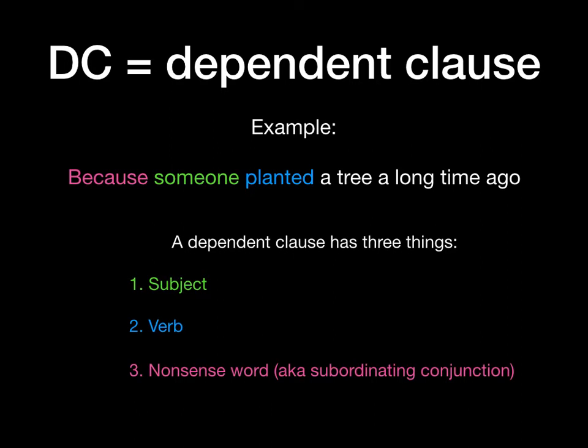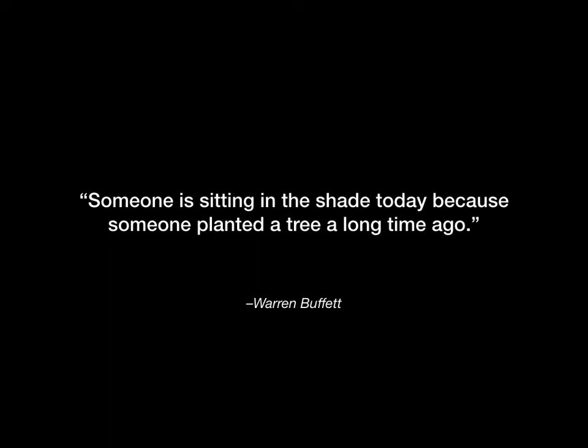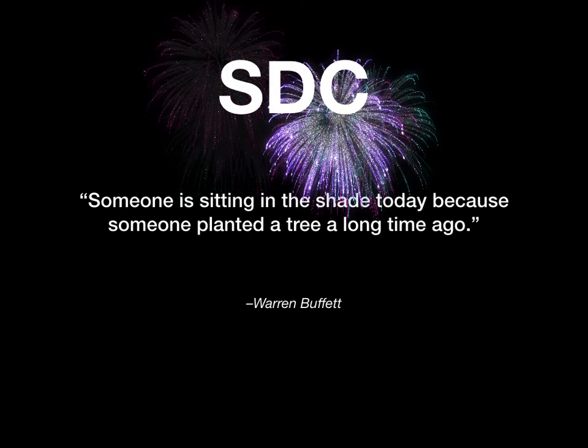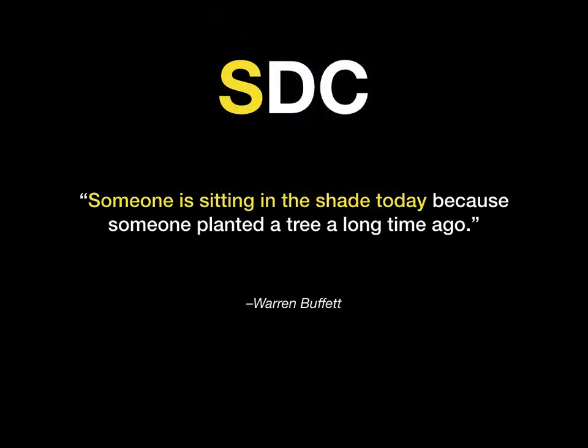Let me put this in an entire sentence for you and make it make a little bit more sense. Warren Buffett once said, someone is sitting in the shade today because someone planted a tree long ago. This, my friends, is an S, DC. If you look carefully, you'll see that someone is sitting in the shade today is a sentence. Because is our nonsense word. Someone is our subject. Planted is our verb. Because someone planted a tree long ago is our entire DC. Remember, a DC starts with a nonsense word and has a subject and a verb. So our entire S, DC is someone is sitting in the shade today because someone planted a tree long ago. Good job, Mr. Buffett. That's a rather nice